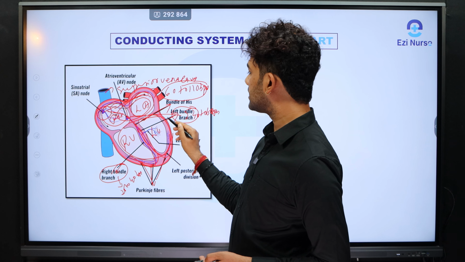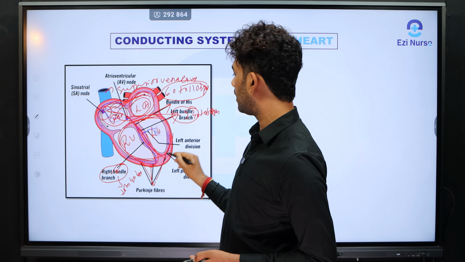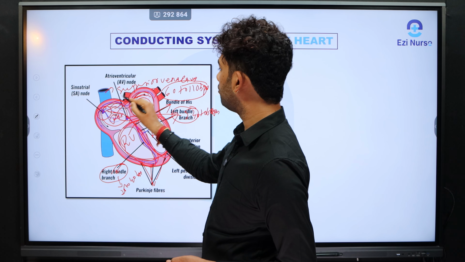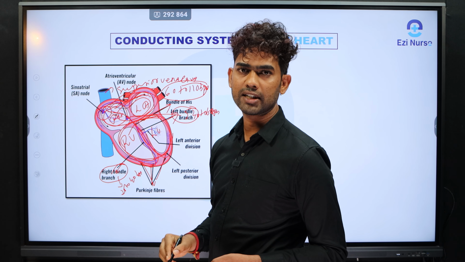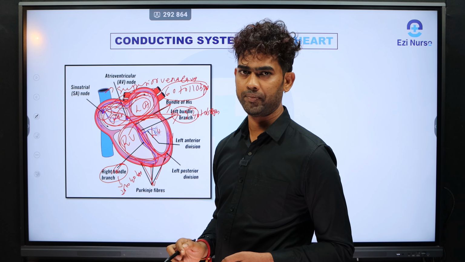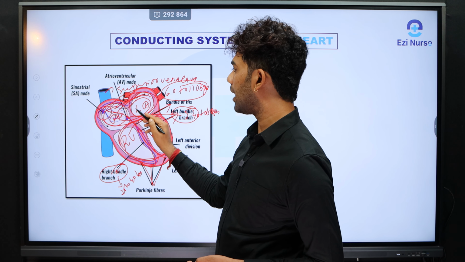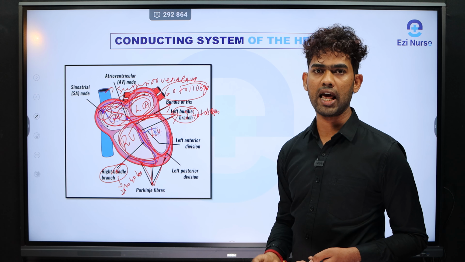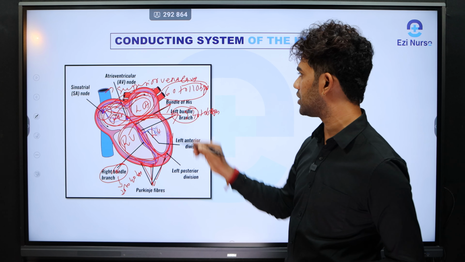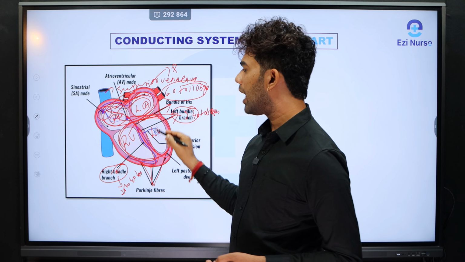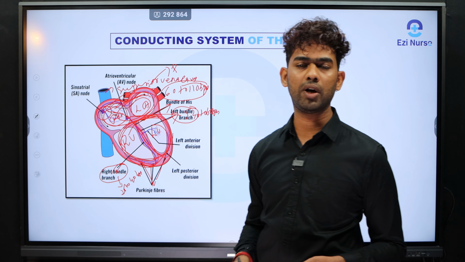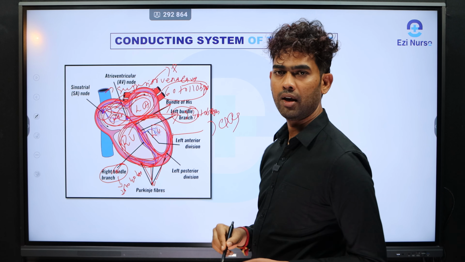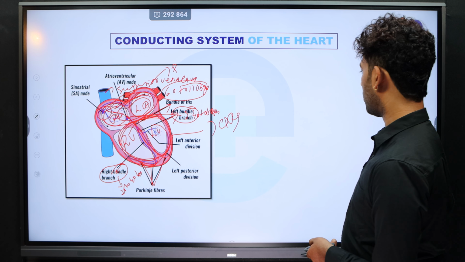As a result of full ventricular contraction, the QRS complex is forming. As a result of complete atrial contraction, the P wave is forming. So that is about atrial contraction, that is atrial depolarization. As a result of atrial depolarization, the P wave is forming. As a result of complete ventricular depolarization, the QRS complex is forming. Okay, so then let's move on to the